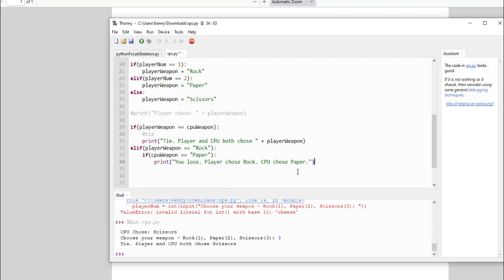People will always try and come up with ways to wiggle out of writing a statement that describes it. I will take off points if you do. So can I get away with an else here? You bet I can. Because I know that the computer either chose, in this if block, rock, well, I already caught it up here. If they chose paper, well, covered. So the only thing left is scissors. So print